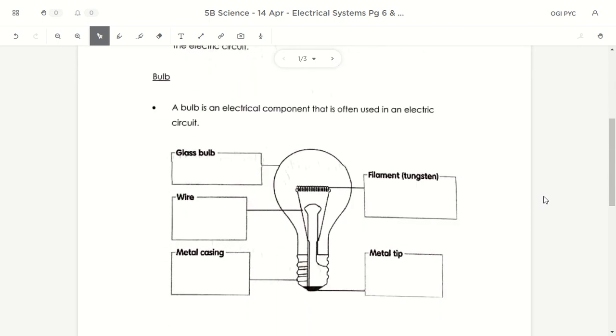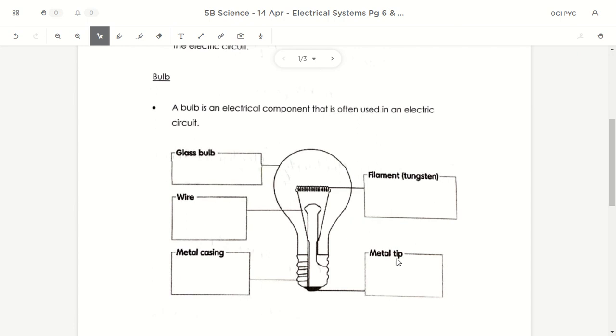Right, so let's go to the bottom. Now we talk about bulb. This is how a bulb looks like. Most of you can see, with a magnifying glass, this part of the light bulb, but most of you can't see what's inside, and most of you will not realize why you have to connect one wire to the metal casing and one wire to the metal tip in order for the light bulb to light up. So if you explore deeper, if you can see the inner workings of the light bulb,